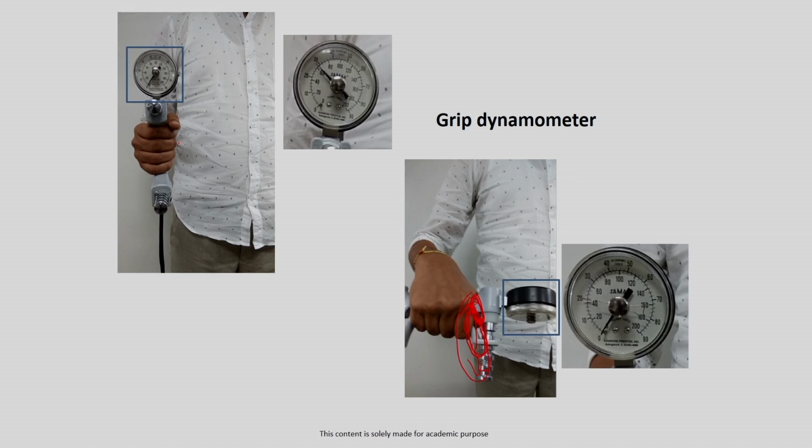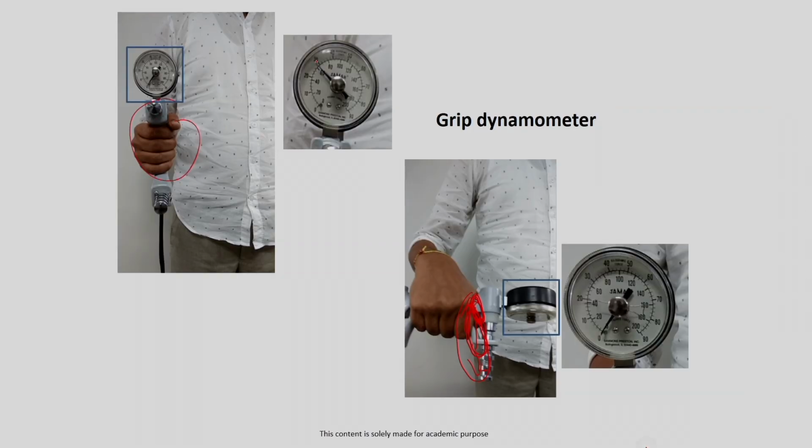So how much grip force is required? Here just for an example, it is very much dependent on the posture the person is adopting, that we have discussed in the biomechanics part. With posture it is changing how much force we can exert. If you see the neutral posture, it is something around here, this is 0 and this is 90, so it is somewhere here. And in this case, as the posture is a completely extreme condition like this maximum, now this force is something here, less than 20.